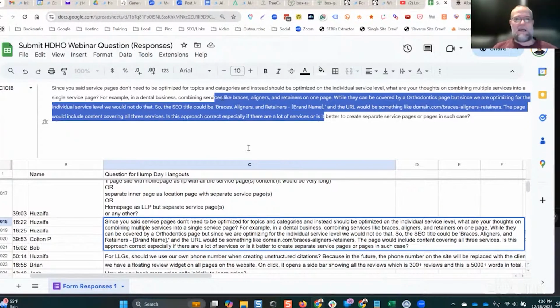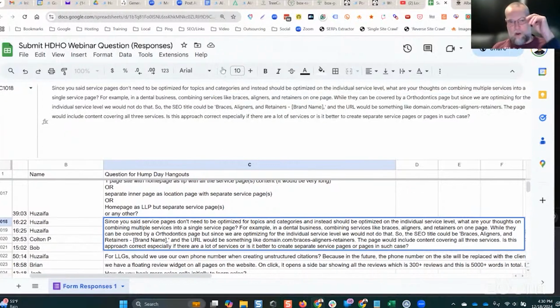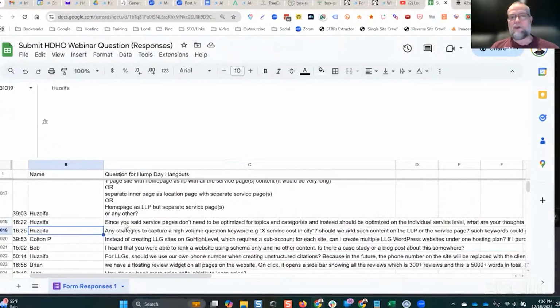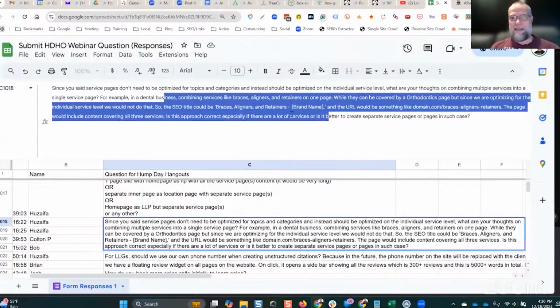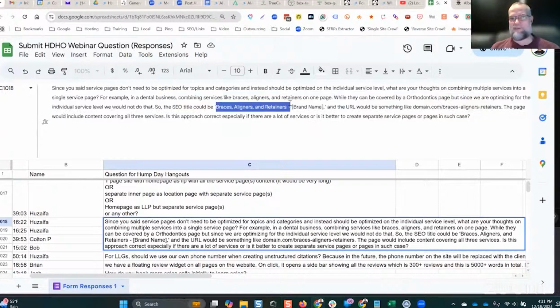So again, I don't like doing a whole bunch of hypotheticals because my answer is going to be: go test. I'll give you the framework about it, but always start at the top level and only start adding more complexity to the build if it needs it, is what I'm saying. So in some highly competitive areas, you might have to have subpages for all this stuff. But in low competition areas, you most likely wouldn't. And so again, if you test these things, then you'll know.